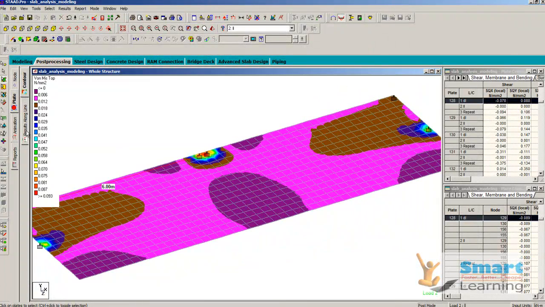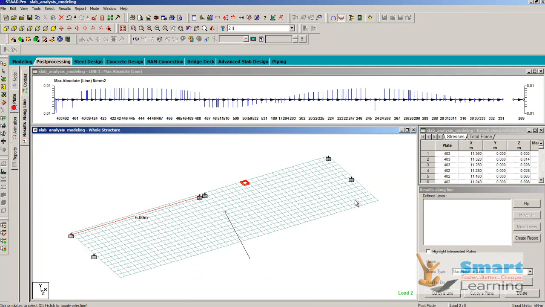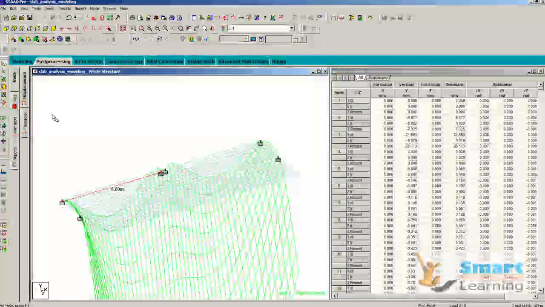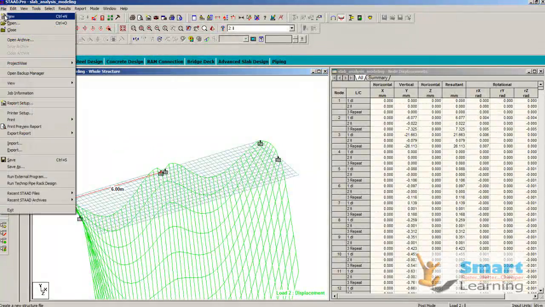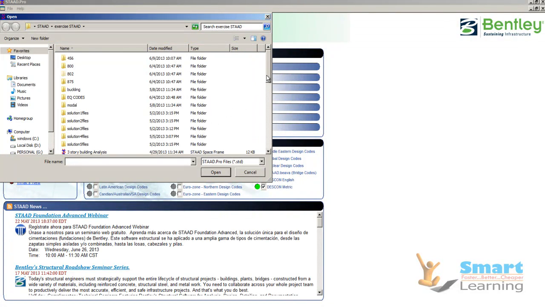And finally you can go for the results along line. Along any particular lines you can define, and you can create the report also. Cut by line you can do. So you can cut and you can see the report along that line, and you can estimate this also. So you can look inside the result for getting it, and nodal report also you can see. So for better understanding, I'll open from our project folder